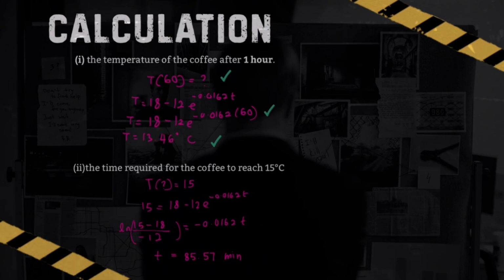Finally, let's find out how long it takes to reach 15 degrees Celsius. We set our target temperature T to 15 and solve for t. Moving 18 to the other side and dividing by negative 12 gives us (15 minus 18) over negative 12 equal to e power of negative 0.0162t. Taking the natural log to clear the exponential, we find that t equals